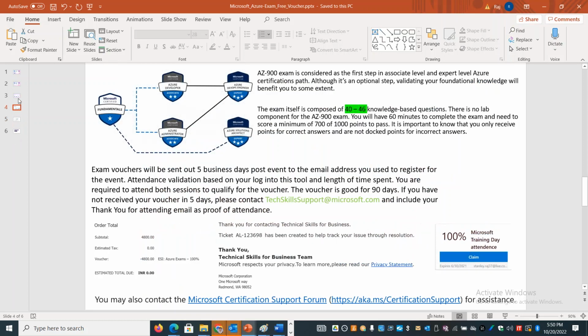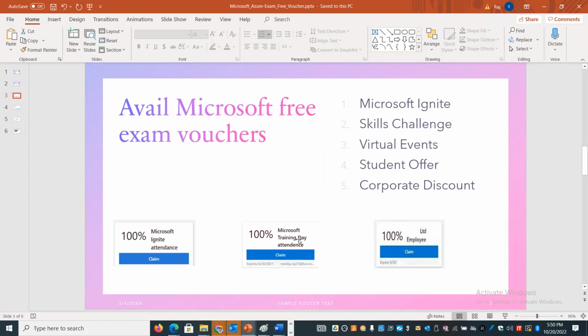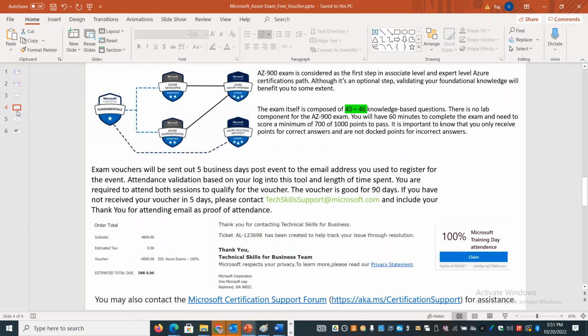I'll show you how it looks. You'll get something like this, Microsoft Training Day Attendance, and you can click on claim and move on with completing the registration. At the very end of the screen, you will see something like this. You have eligibility based on the exam voucher. You can take it for free, and the estimated total due will be 0